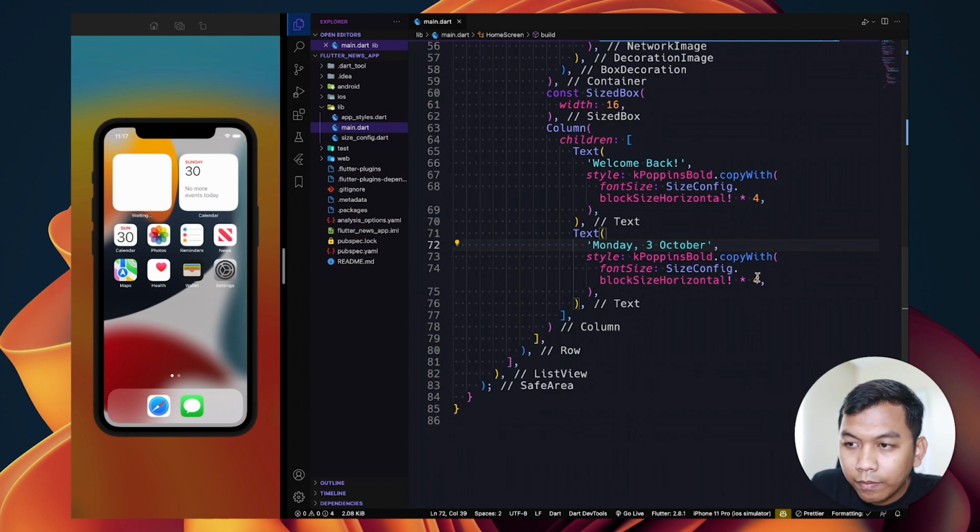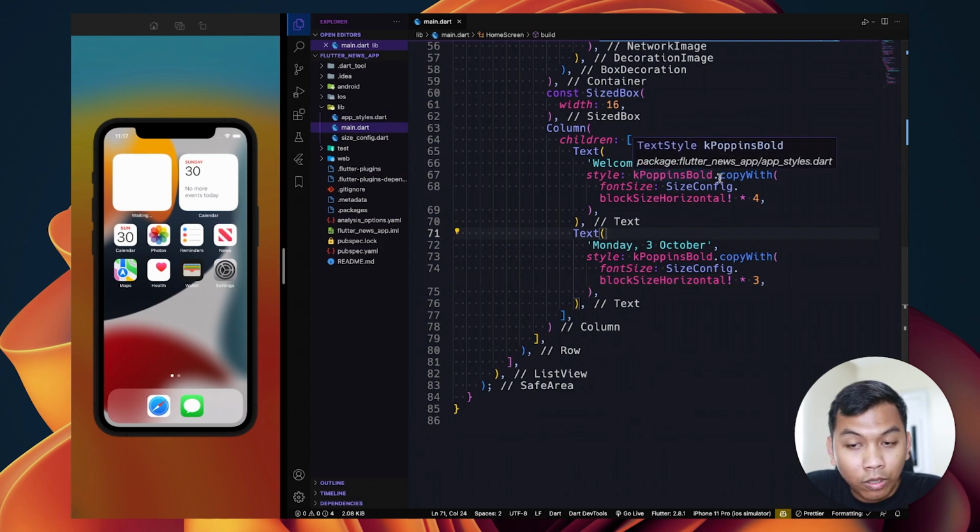And we can change the font size to be 3, so it's based on the size of the screen, so it's responsive.